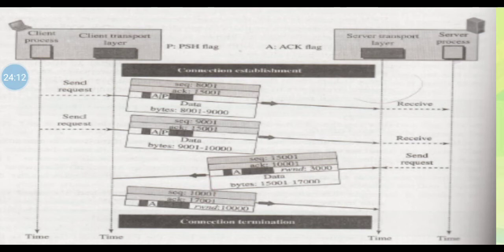Now the first three segments carry both data and acknowledgement. Whereas this last segment, you can see, carries only acknowledgement.